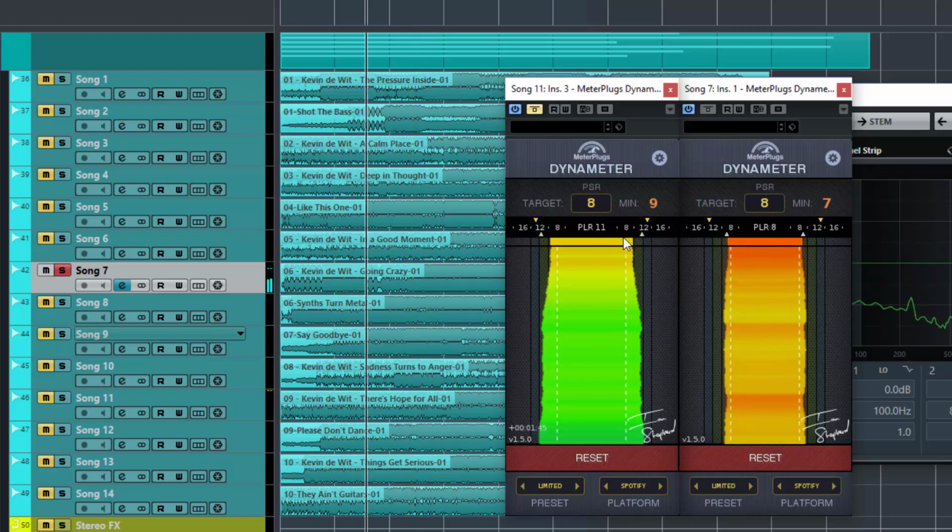And the other thing you'll notice with this one here, where we have that difference in dynamics, is we've got a PLR of 11. All right, so that's indicating that there was a lot more movement in the highs and lows there,